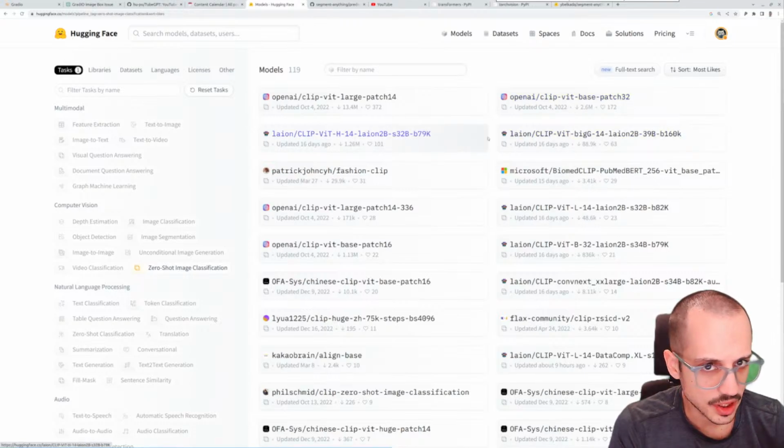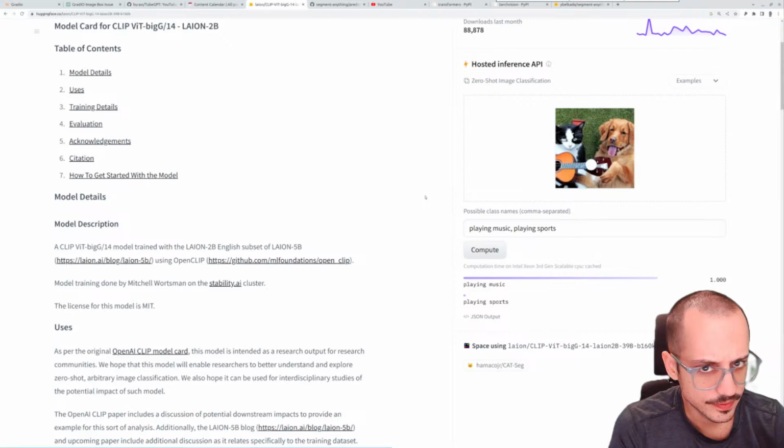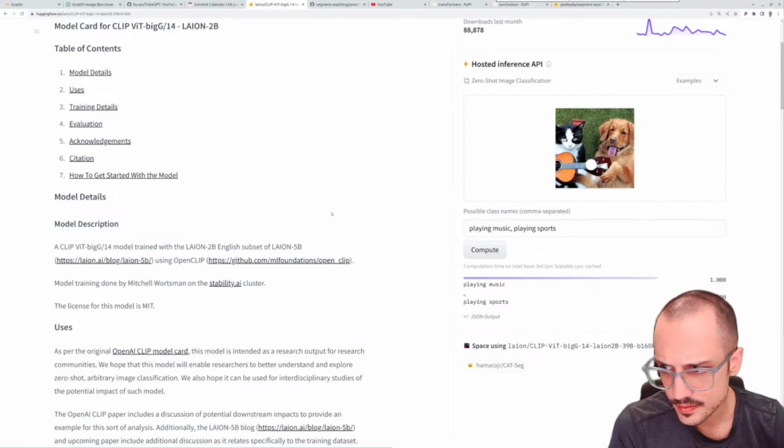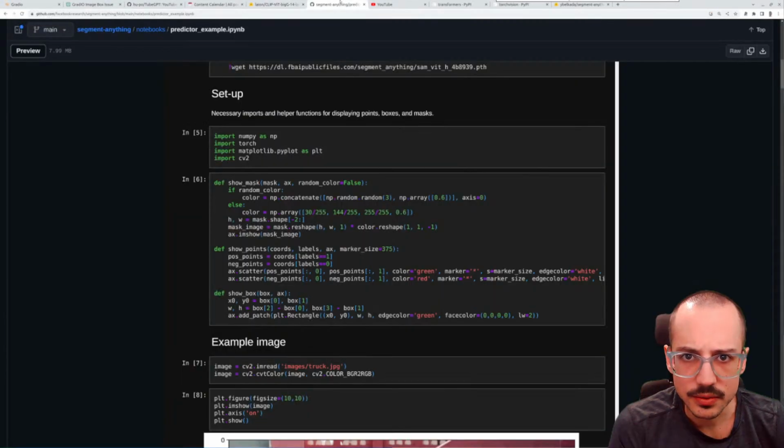LAION has a CLIP model as well. Ooh, there's a biomedical CLIP. It's kind of interesting. Fashion CLIP. So